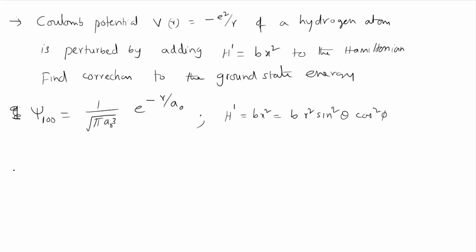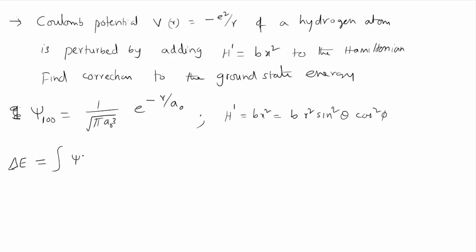So conceptually, if you want to find the correction to the ground state energy, that is minus 13.6 electron volts, I am writing delta E, which is that correction. What you do is you integrate,